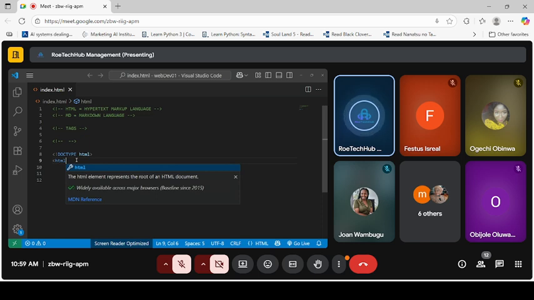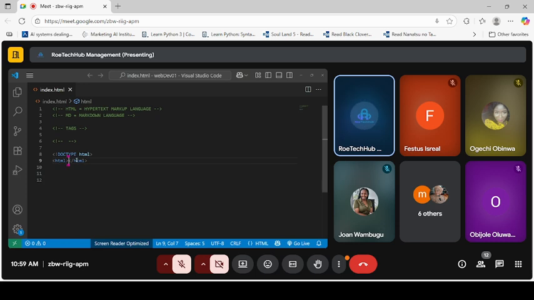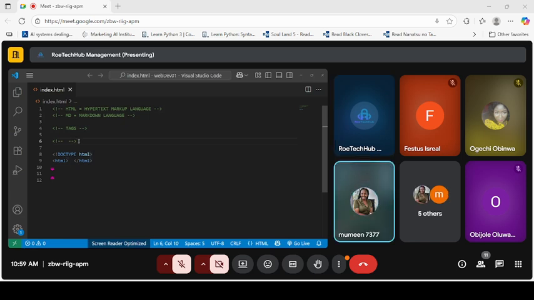Then if you close this, automatically VS Code is going to close it. So from here, I'll be able to explain what I mean by single tag and multi-tag. As you can see, this is a single tag right here, because after opening this less than bracket, this arrow-shaped bracket, you see that